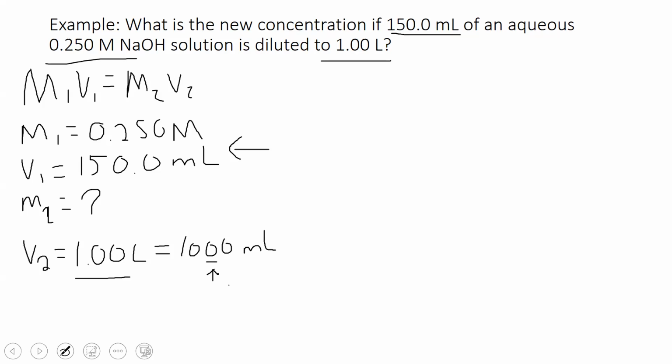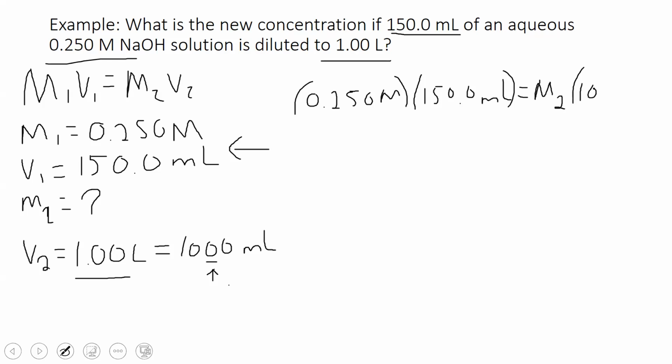So we take M1, 0.250 molar, V1, 150.0 mL, is equal to M2. We don't have M2, so we can just put that in as a variable. And since the 150 milliliters is measured in milliliters, we'll put in 1,000 milliliters as our volume. Again, underline that third 0 so we know where the sig figs are. And then it's a matter of just doing math, right? Dividing by 1,000